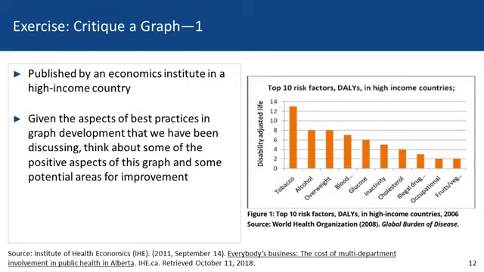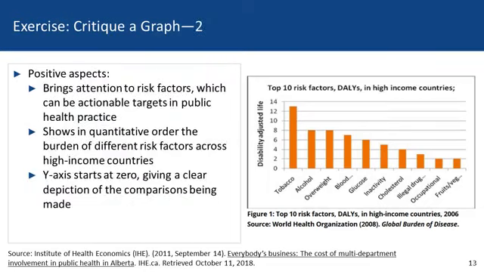This graph is published by an economics institute in a high-income country. Given the aspects of best practices in graph development that we have been discussing, think about some of the positive aspects of this graph, as well as some potential areas for improvement. Some positive aspects that came to my mind is that the graph brings attention to risk factors, which actually can be actionable targets in public health practice. Second, it shows in quantitative order the burden of different risk factors across high-income countries. So it's easy to pull out from this graph which are the more important risk factors that one might want